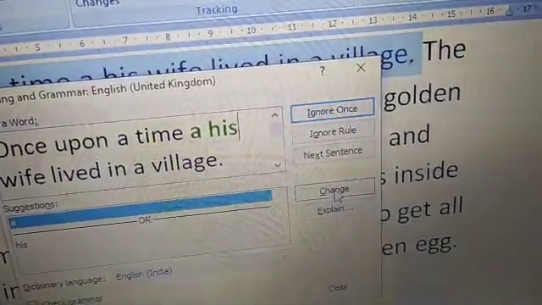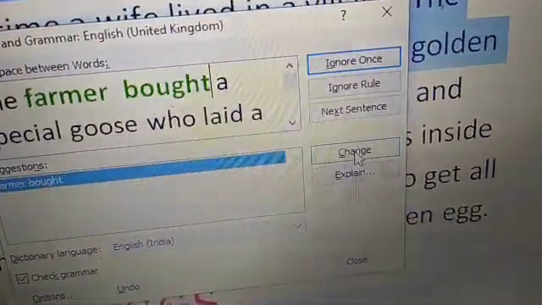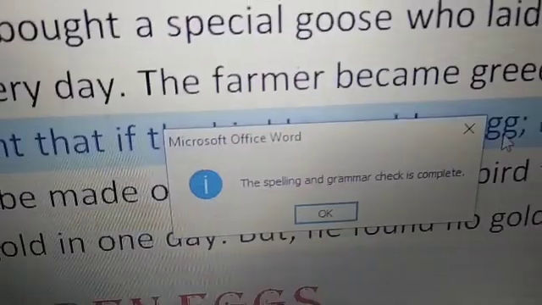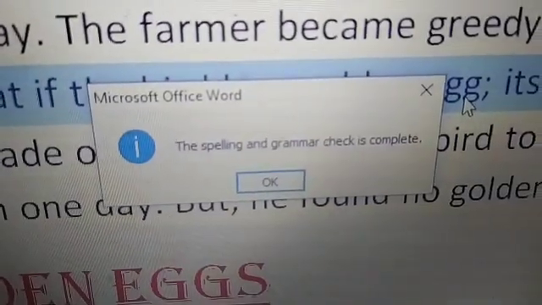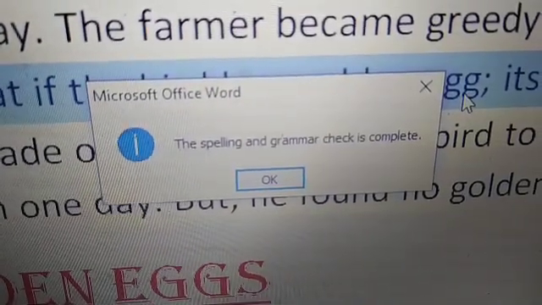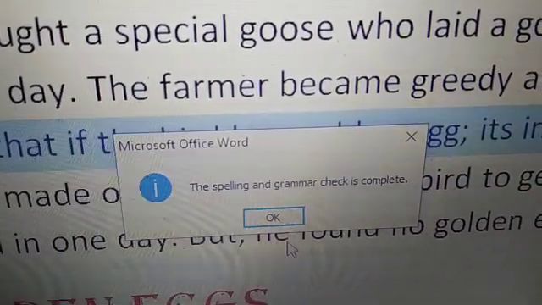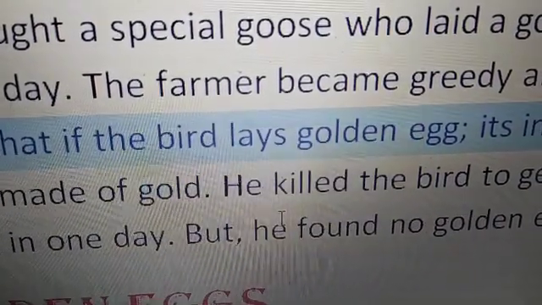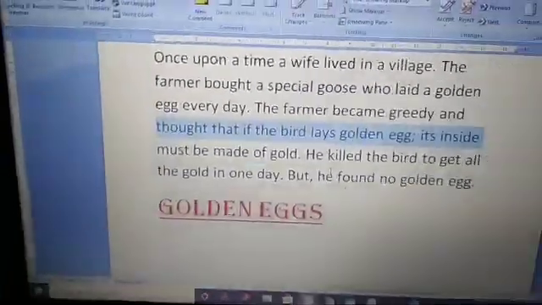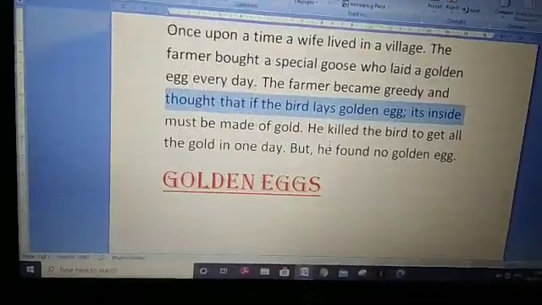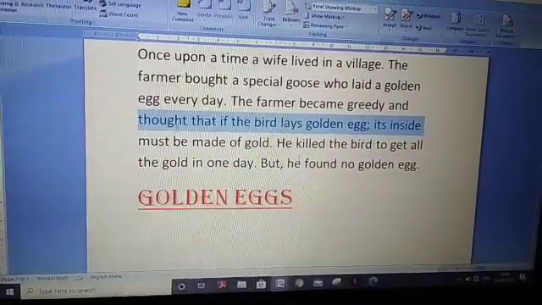Now finally it will show you the spelling and grammar check is complete. Then you have to click on OK. Okay, you can see the whole document is corrected.